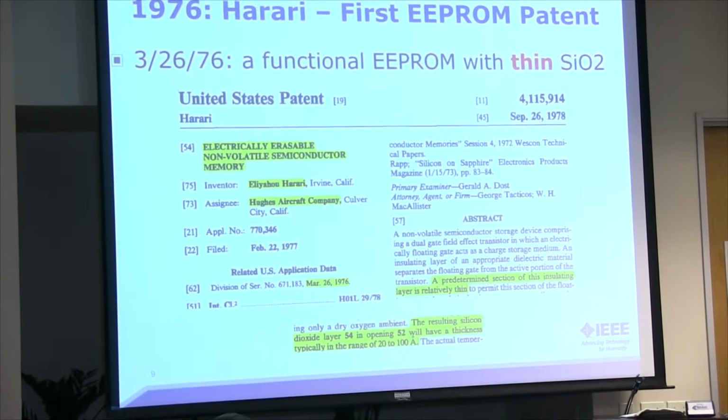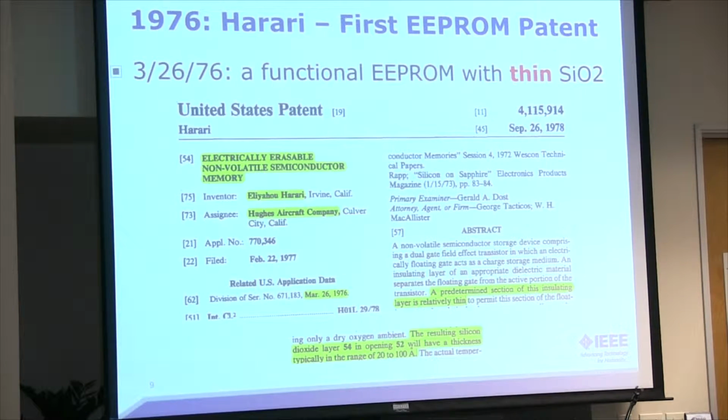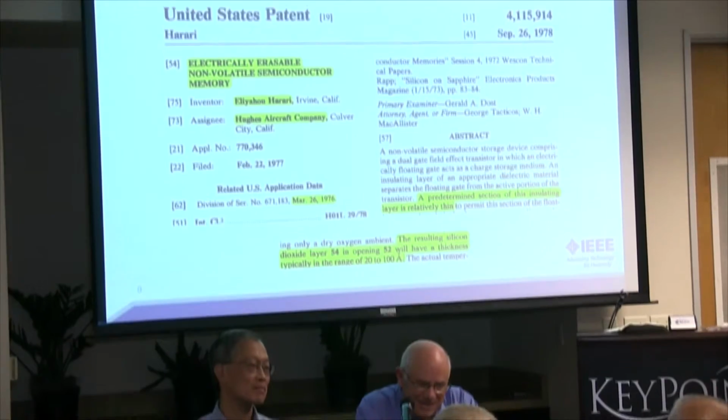So I was working at the time at Hughes Aircraft. By the way, I applied for a job at Bell Labs and they didn't give me a job, so it was the best thing they did for me, unbeknownst to me at the time. But anyway, at Hughes, I was actually working on radiation-hardened circuits for space, but I came across all